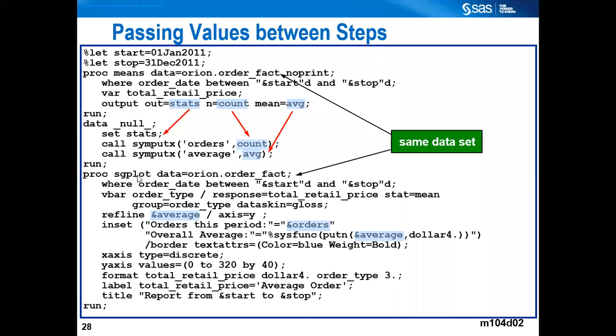Then you are using proc sgplot to create a plot on this table, where you are subsetting your data. VBAR, you know, is the statement for the variable on which you want to generate the vertical bars, and the variable name you're giving is order type. Response means the height of your bar should be on the basis of total retail price. Now you know very well, if you do not write this option as response, it will by default give you the height on the basis of frequency counts. Correct? So by default,